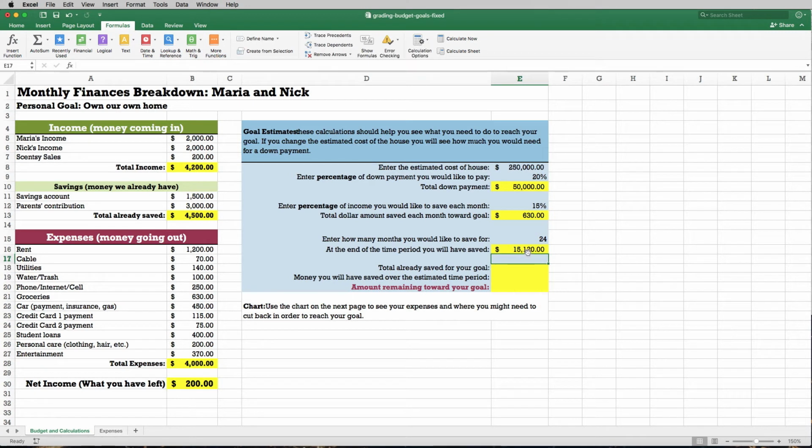So they would have $15,120 saved from their income if they saved for 24 months at 15%. So that's kind of way off of their goals. So they either have to extend their time, so they can mess with that here and do 36, or they're going to have to say, okay, I actually want to save 25% for 3 years, and then we're getting closer